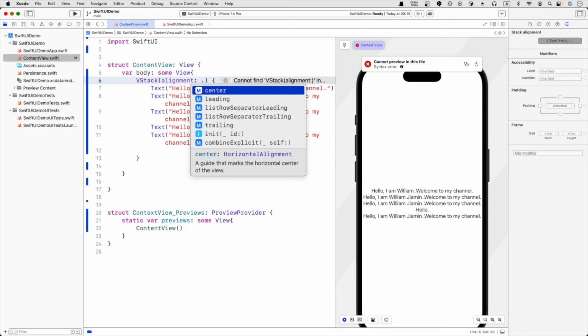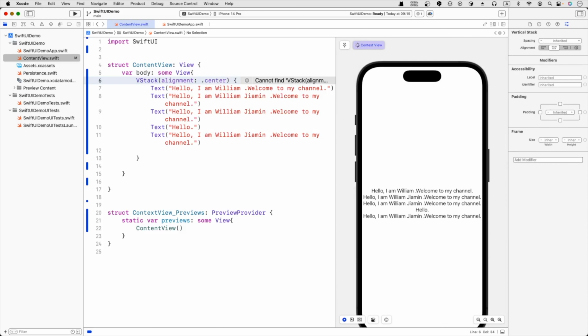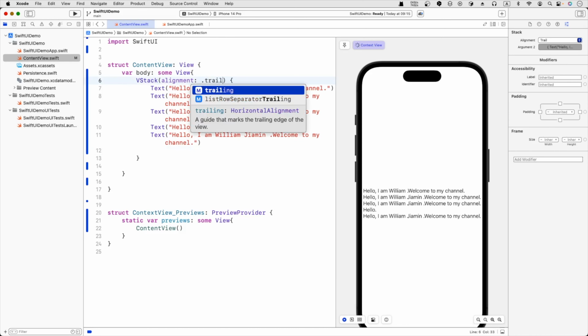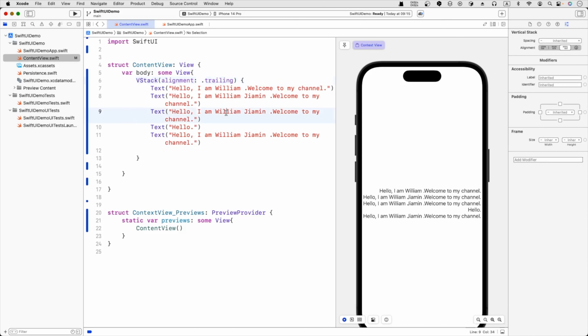So let's try three of those. Center: once I set center, it just becomes the center of it. I think it's the default, but if you want to see the change, my recommendation is to play with leading and trailing. If you set leading, you can see all the lines are forced to start at the leftmost corner of it, and that looks great. And if you are doing something like a haiku, starting at the right side,